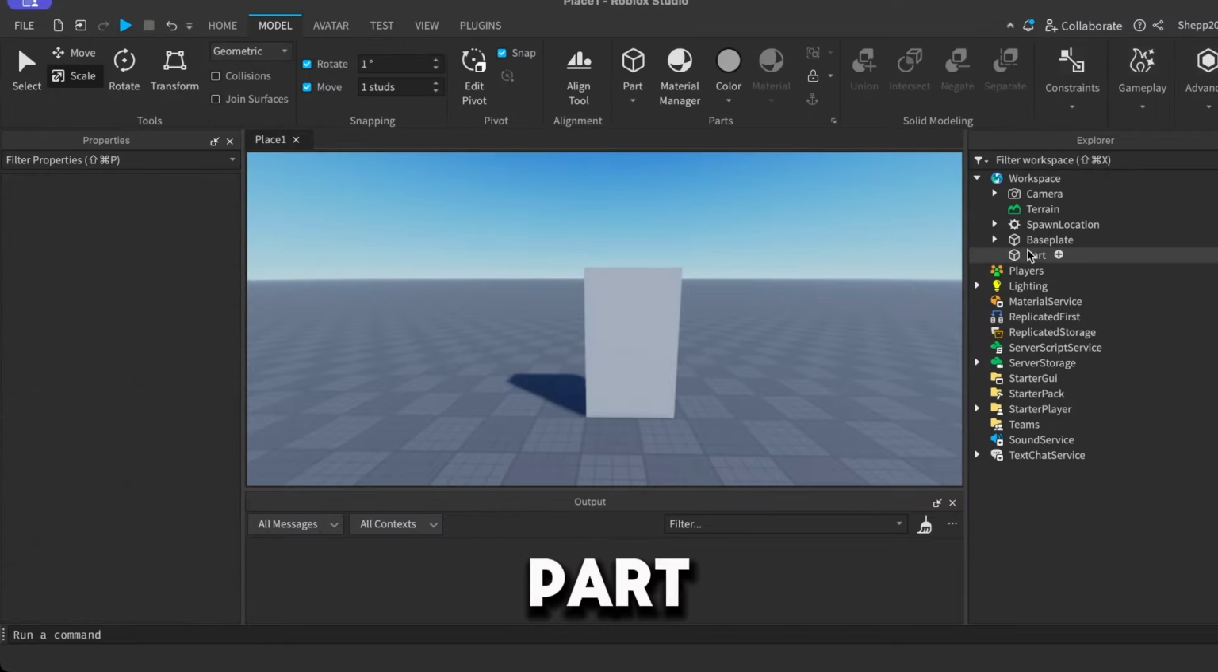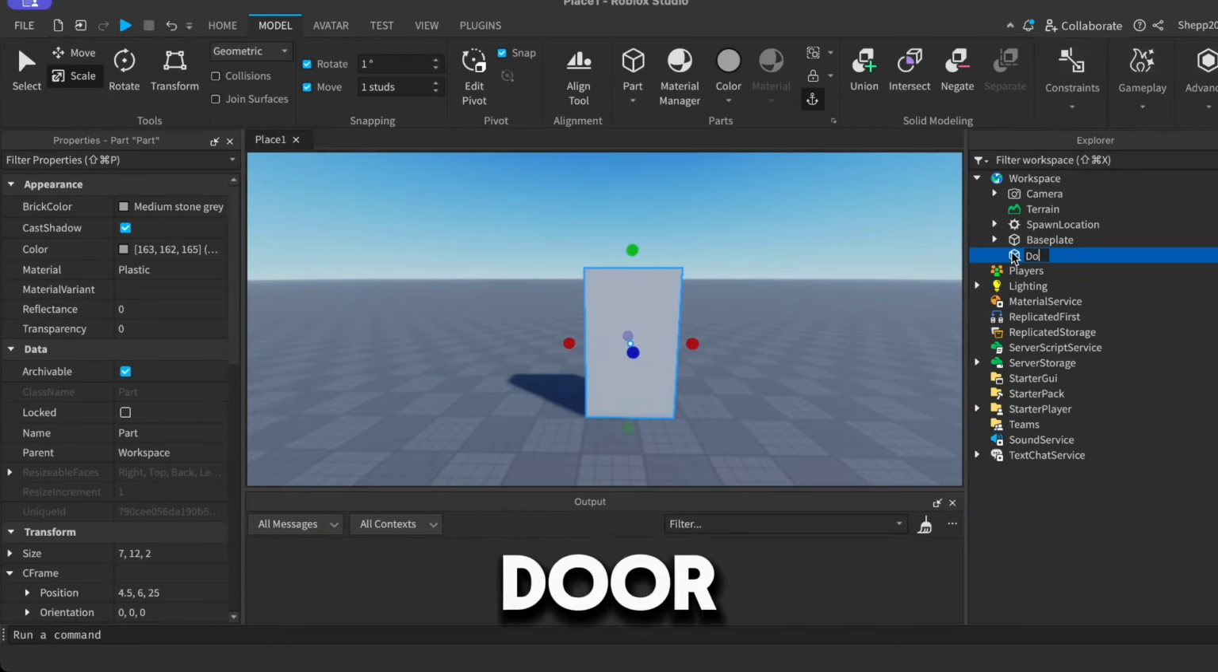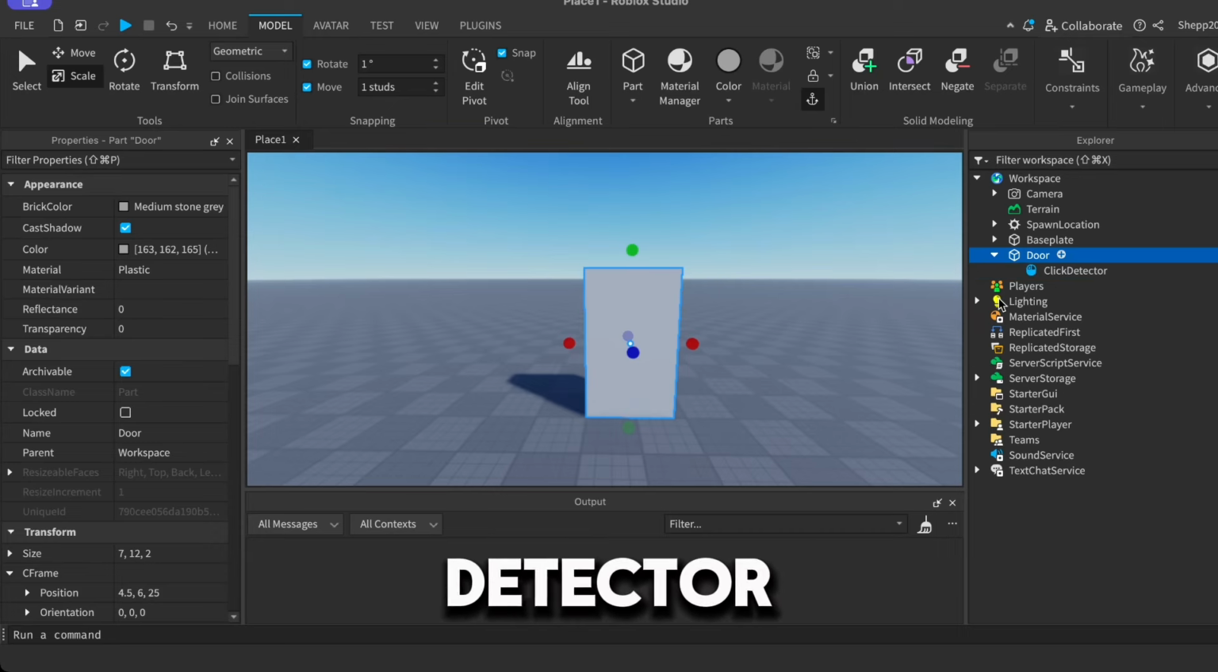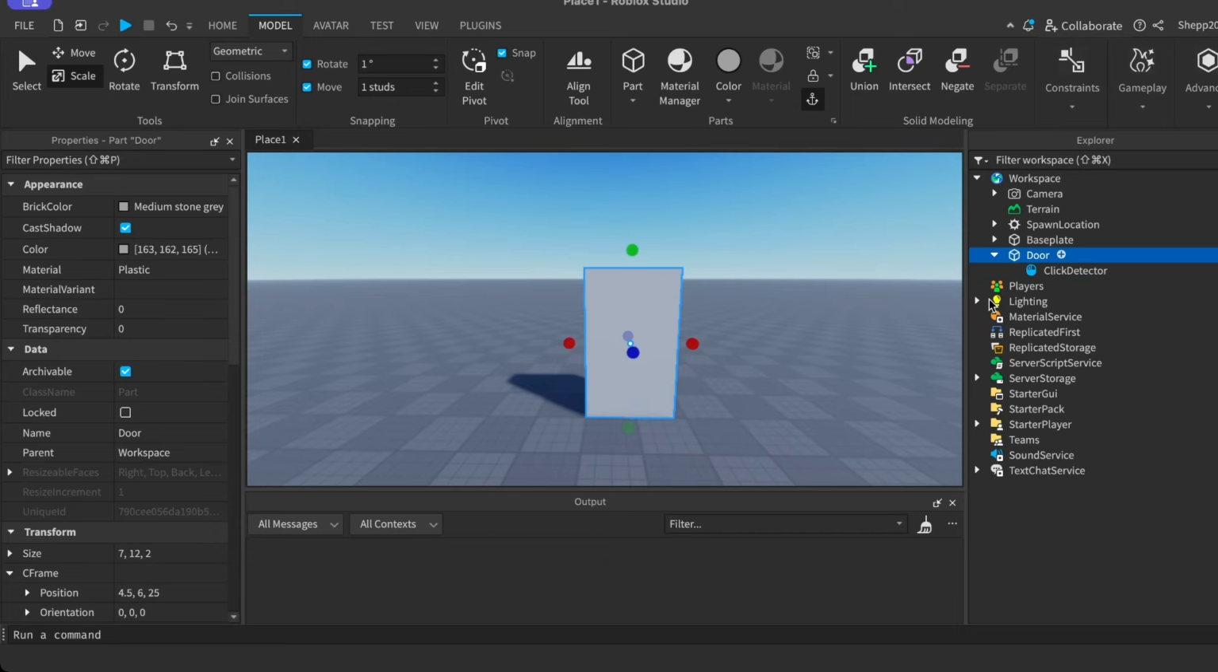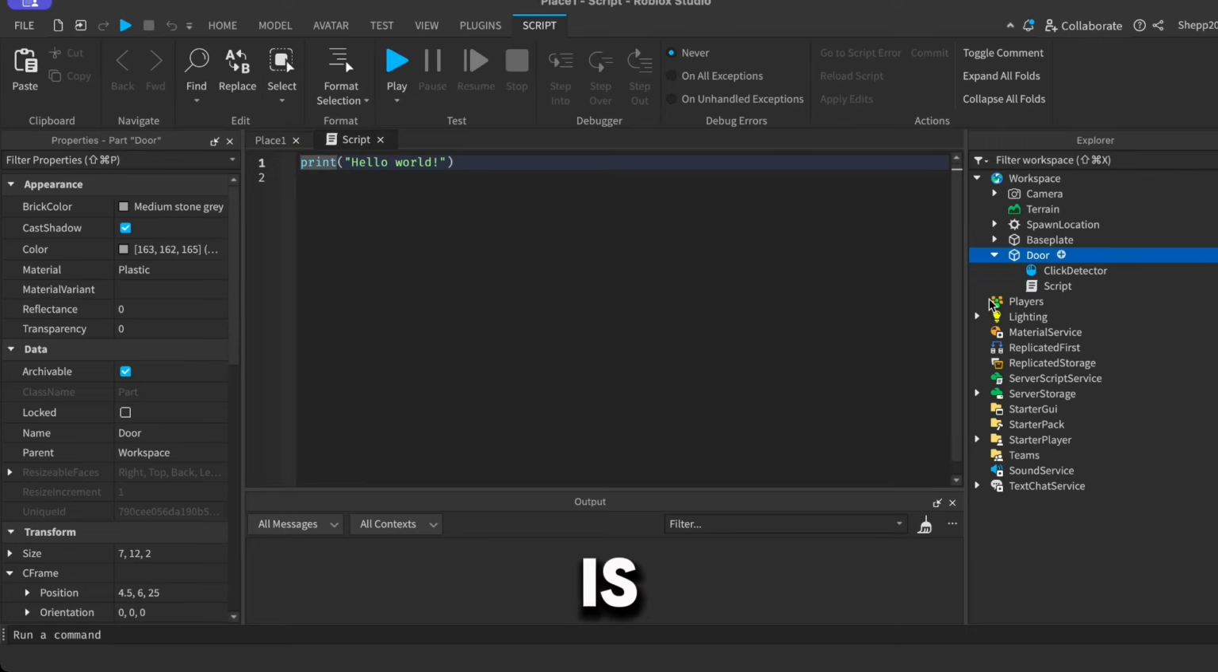So now we've got our part, we can rename it something like door, it doesn't really matter. But what you want to do next is click the little plus icon next to your new part, and we want to insert a click detector, and as well as this we just want a basic script, the normal script here. This will open the script editor where we have this print hello world. This is always there by default when you make a new script, and we do not need it,